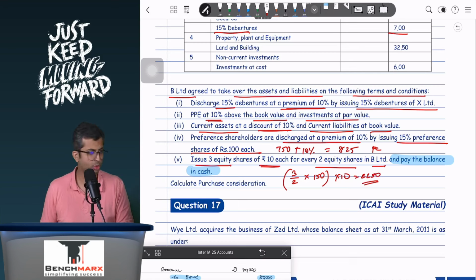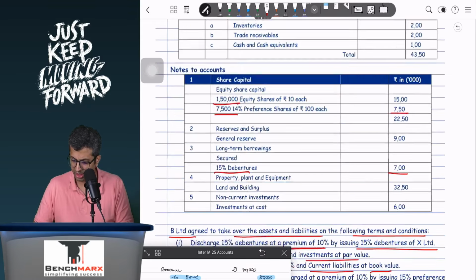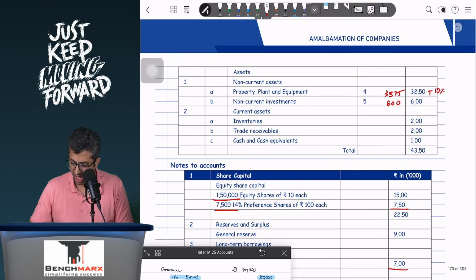So this is 2250. This is BC, and around 825 will be BC, and we pay the balance in cash. Calculate the purchase consideration. Over here, if I want to find the balance, I will say 3250 plus 10%, 3575, plus 600, plus current assets. Maybe if there's no other adjustment, this is 180,